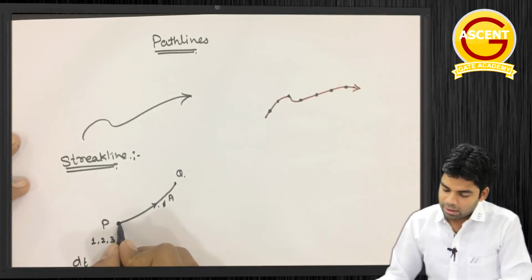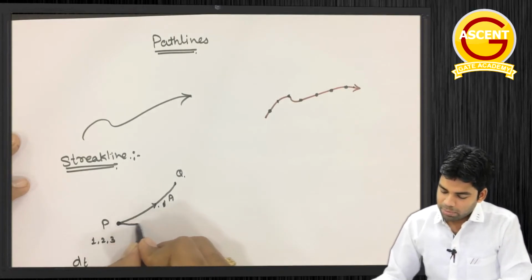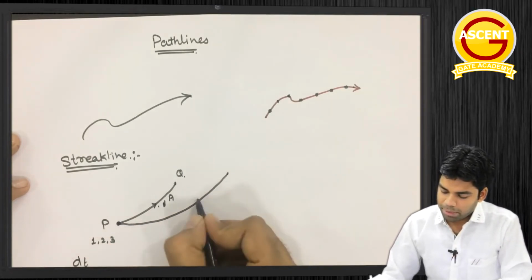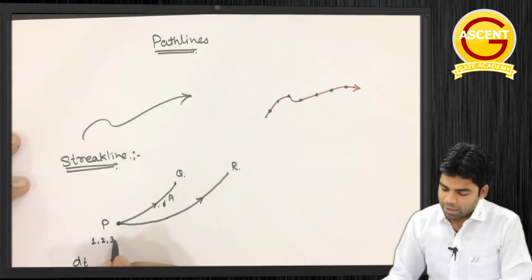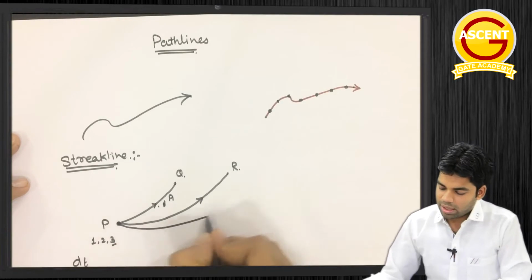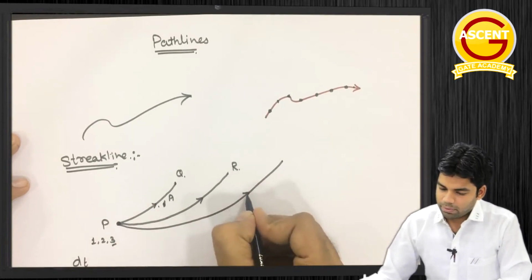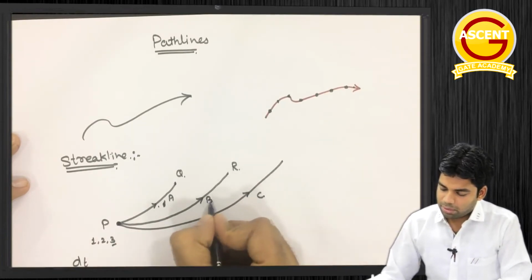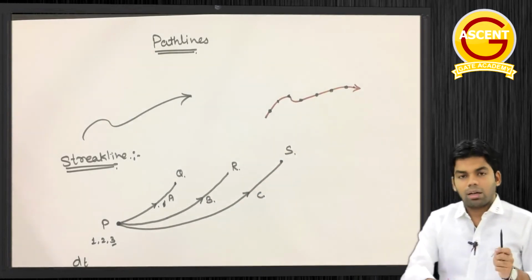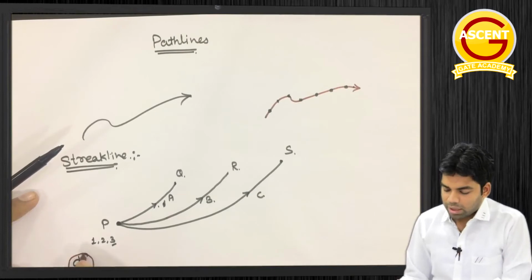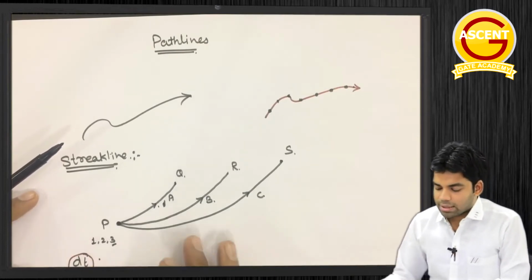Similarly, particle 2 is moving in another path. This is tracing the path B and finally reached the point R. And similarly, particle 3 is tracing another path C, and finally reaching the point S. Now after a certain time dt, if I trace the